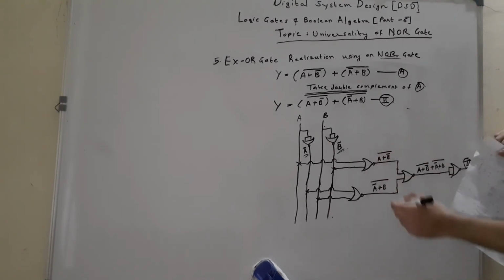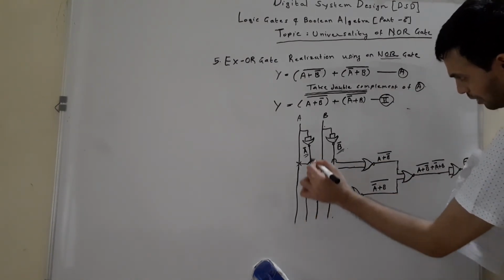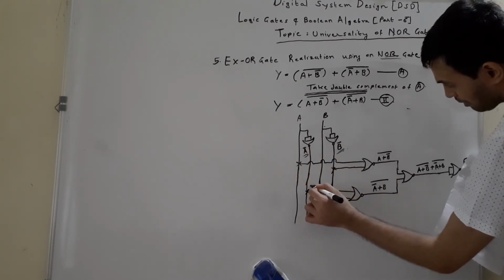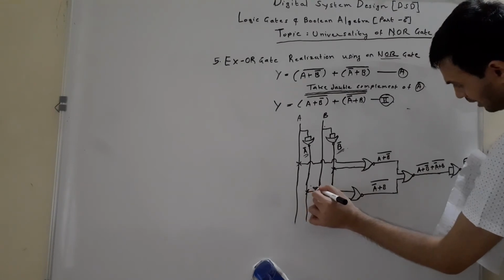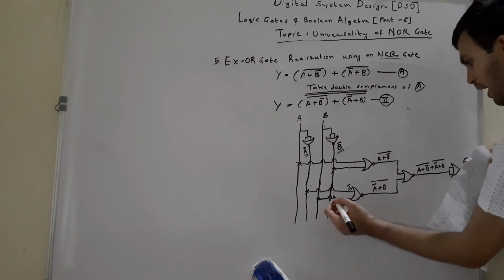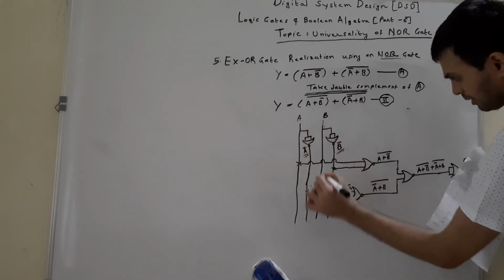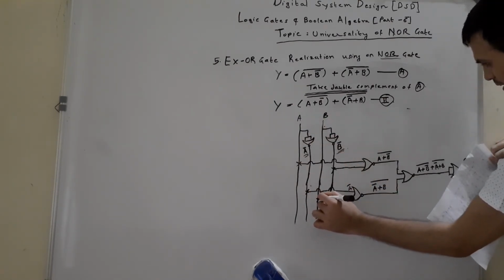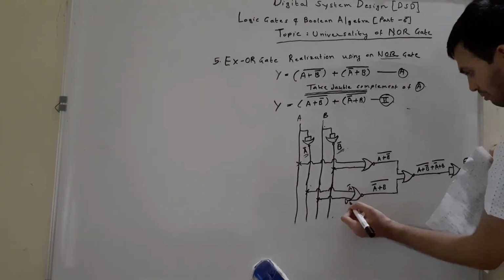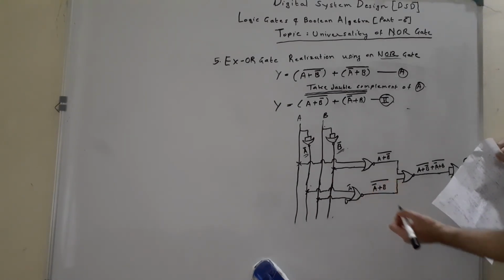And similarly for the next term, that is A complement plus B the whole complement, here we have the A complement output line of this NOT gate, which gives us the input in complemented form. So that is A complement we have over here. We have tapped it and taken it to the input of another NOR gate, and we have also connected it to input B. This was the digital signal line or input line for B. So with A complement and B at the input of a NOR gate, we get the output as A complement plus B the whole complement.